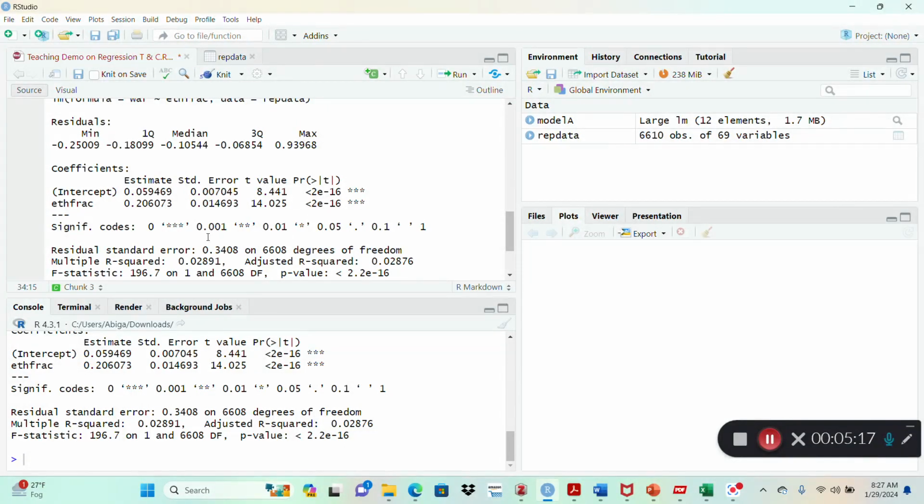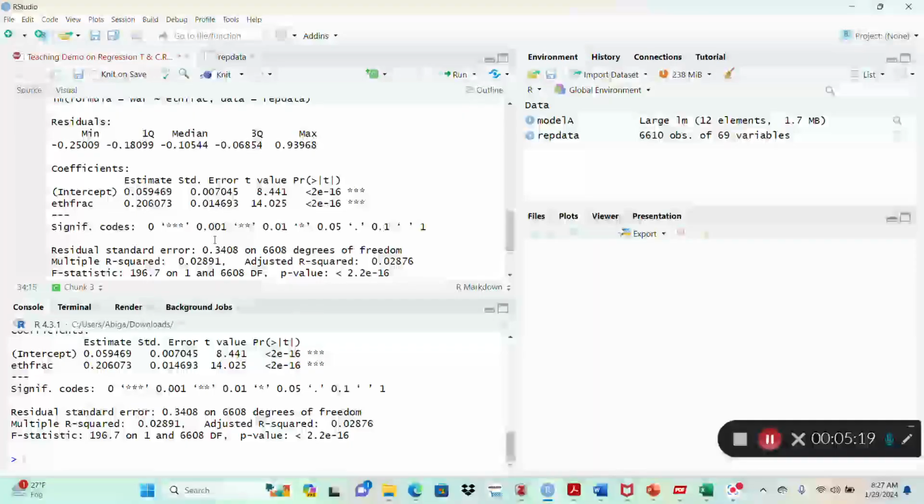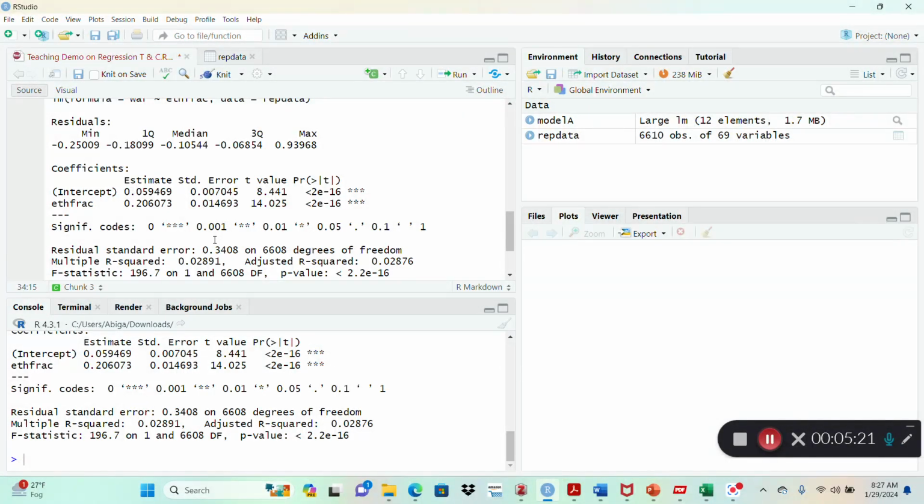So we have 3 stars here, which tells us how statistically highly significant the relationship is between ethnic fractionalization and war, which is our DV. In explaining how substantive this is, it tells us that whenever there's a 1 unit increase in ethnic fractionalization, we are able to see what a